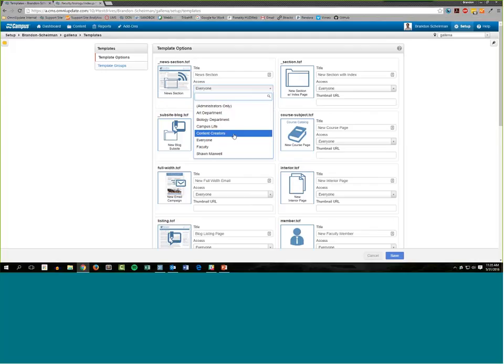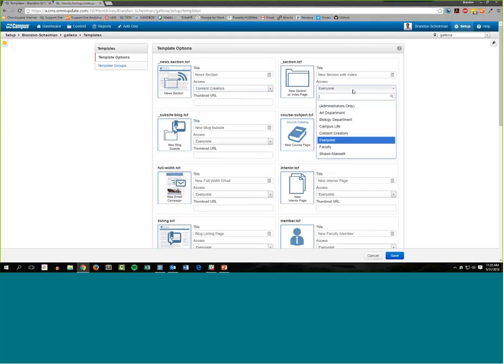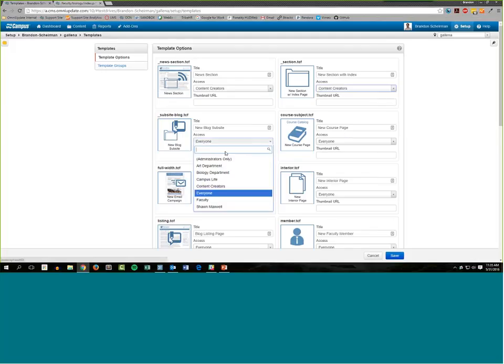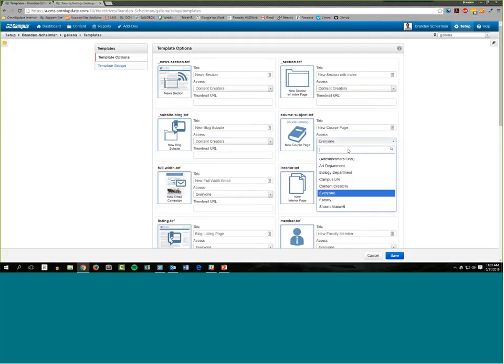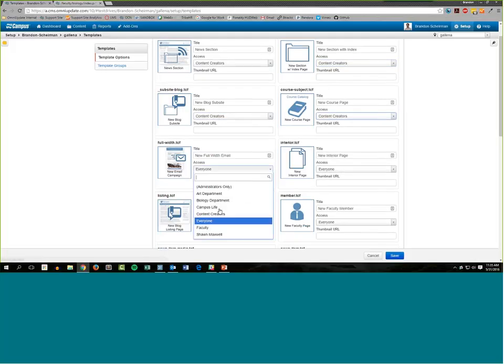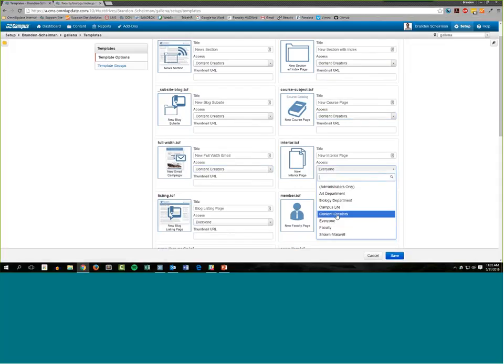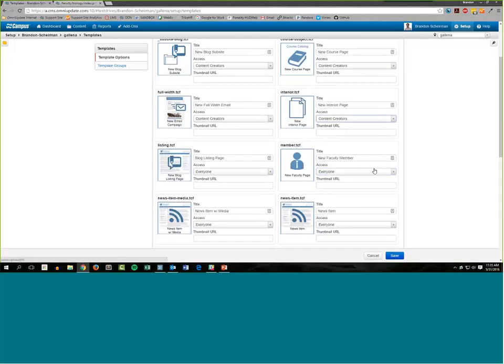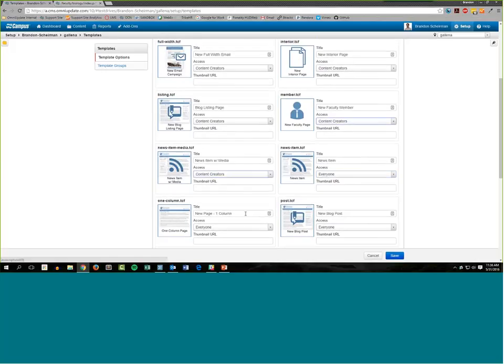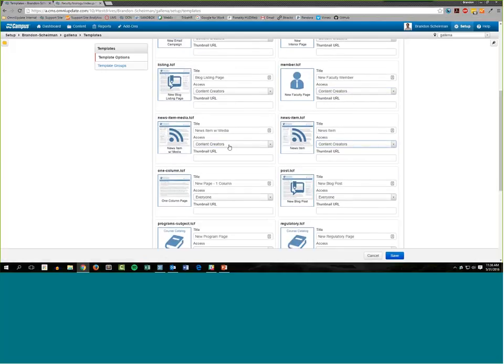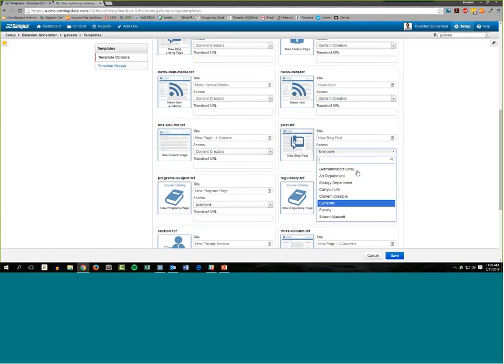So I'm going to apply the content creators access group to all of my templates, which means that no matter what user I am, no matter where I am, if I'm not part of the content creators group, I will have no ability to create new pages whatsoever,